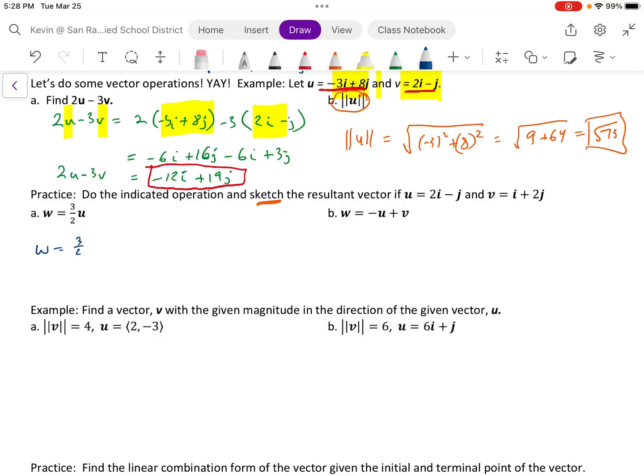So let's go w equals 3/2 times just u. We're just looking at u here. So that's 2i minus j. So w equals, let's see, 3/2 times 2i, well, that gives me 3i minus